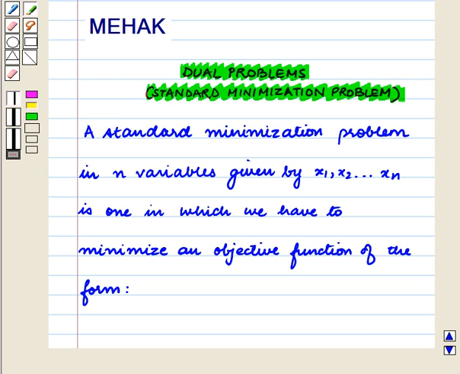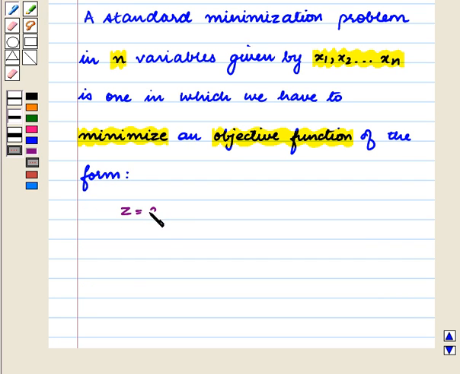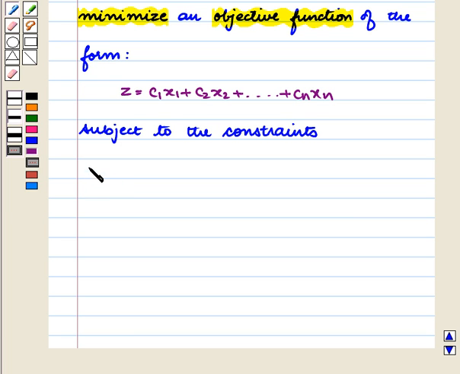A standard minimization problem in n variables given by x1, x2 to xn is one in which we have to minimize an objective function of the form z is equal to c1 x1 plus c2 x2 plus so on plus cn xn, subject to the constraints a11 x1 plus a12 x2 plus so on plus a1n xn is greater than or equal to b1,